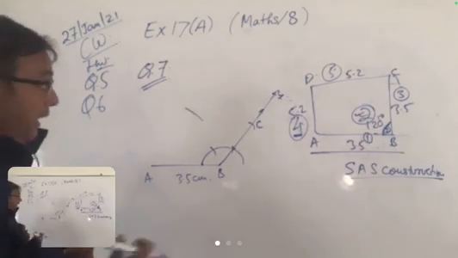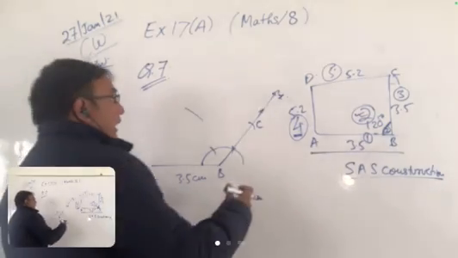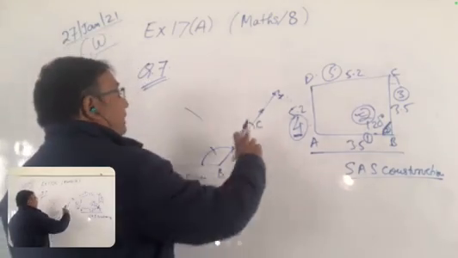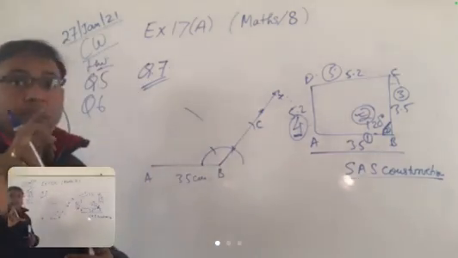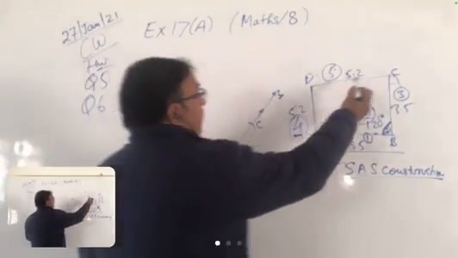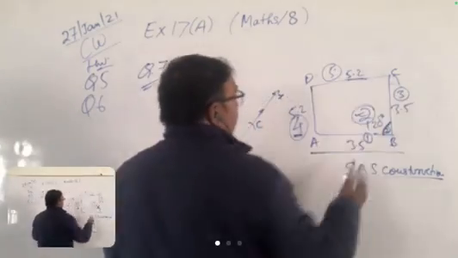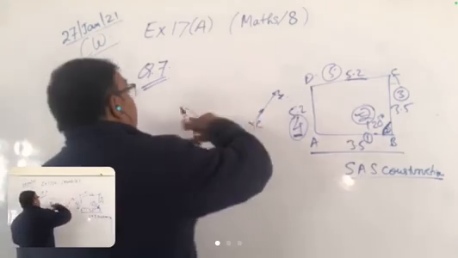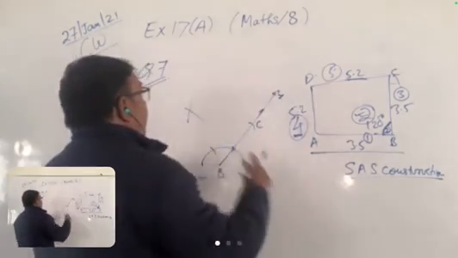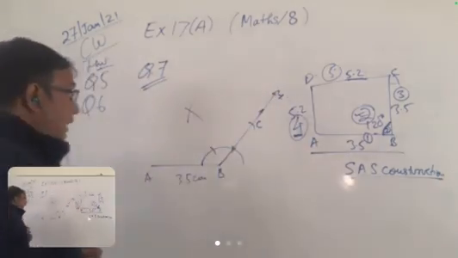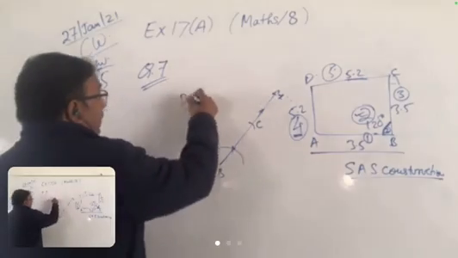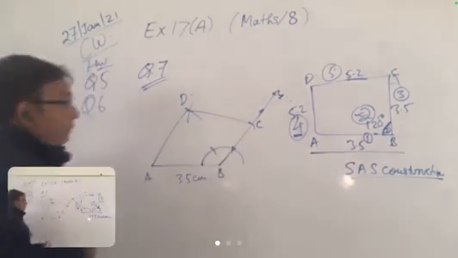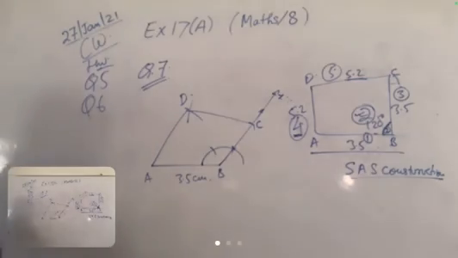Done, good. Now the next step. Now the next is with the same radius because CD is 5.2 only. So with the same radius, 5.2, you can cut this arc. इसको काट देंगे. We can cut the previous arc and we get a point D. And join this. और देखो क्या बन गया ये quadrilateral या नहीं.